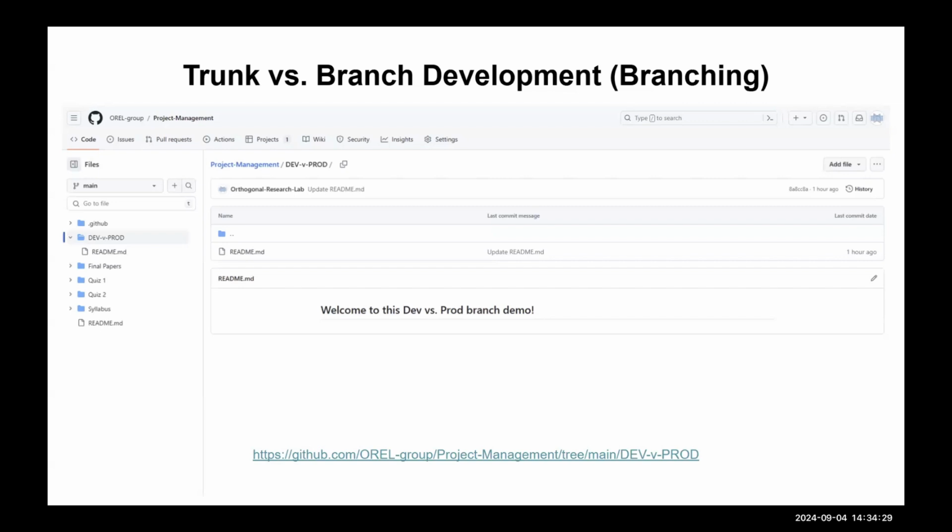In development teams, oftentimes they'll have a main, and then they'll have something called dev, and they'll have something called prod. Dev means development, and prod means production. So it might be that you have a development branch where you're working on ideas that you think are interesting, but you don't want to push them directly to main.